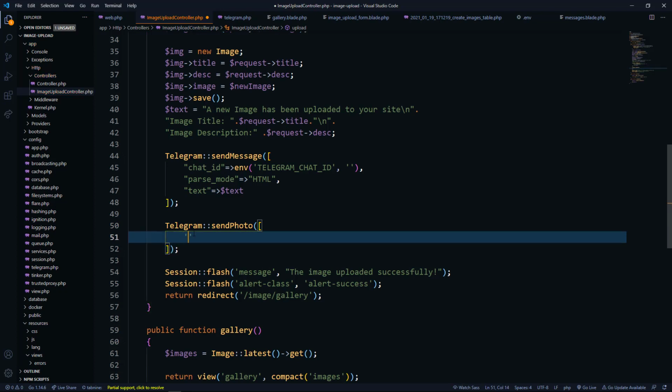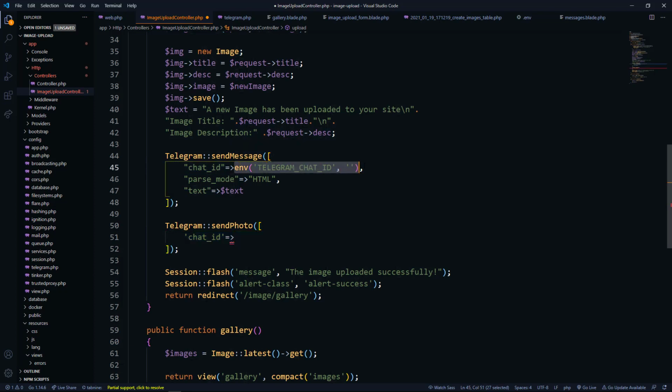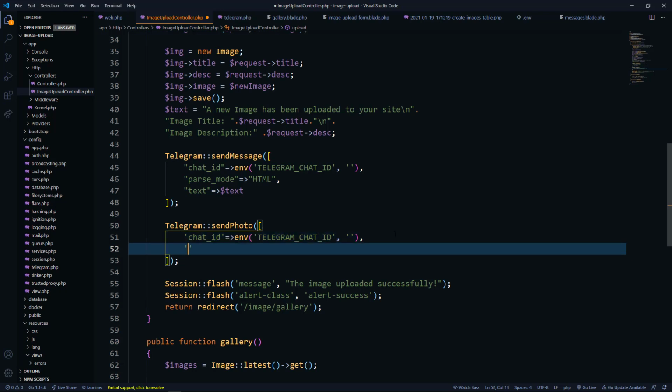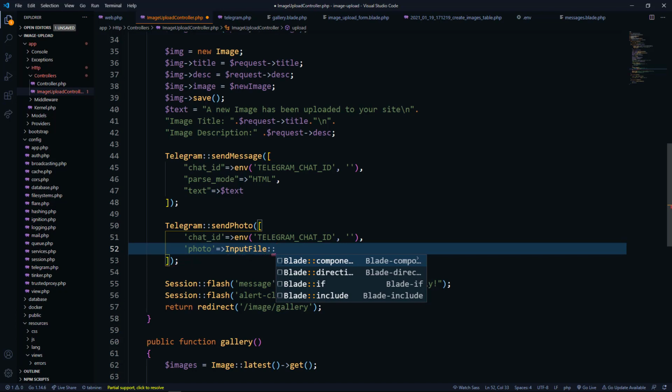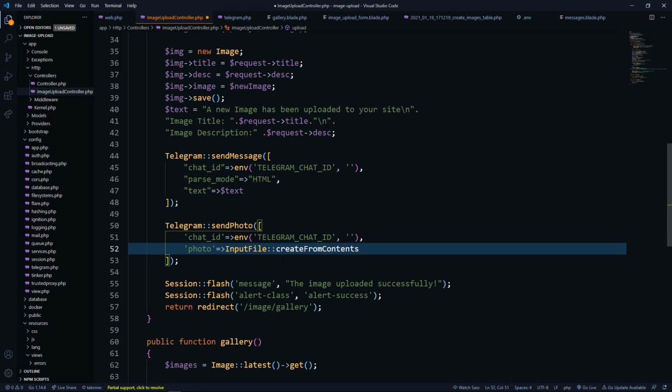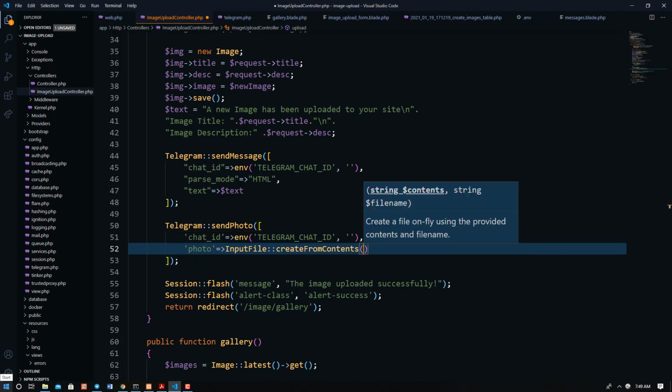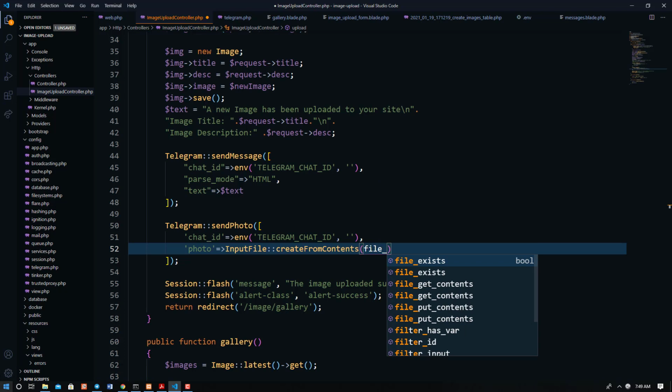So chat ID, that is going to be the same as the one that we used here. So this is going to be .env Telegram chat ID, just that way. And then the next parameter is photo, and the photo is the one that you are going to use the input file. So what you do, just do input file, and then create from contents. Use the createFromContents method, and then in there I will just use file_get_contents,